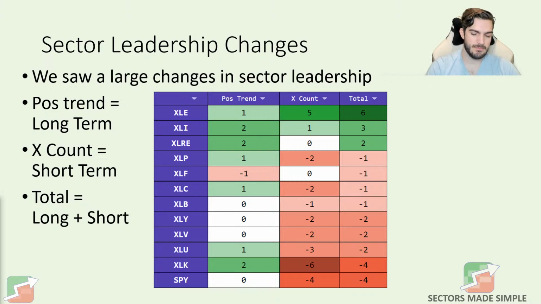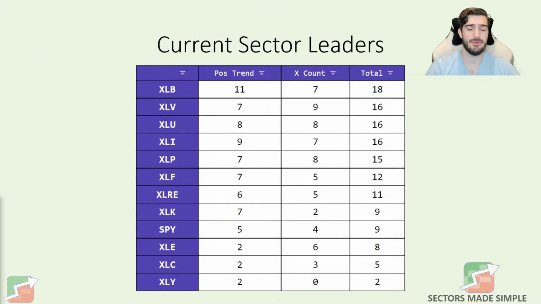But moving along from the 1 week changes, what we can find is our current sector leaders. This is a view that we always provide through Sectors Made Simple that gives us the best idea of what sectors are leaders in any given moment. The higher the number, the stronger the strength. What we find is that materials, XLB, is currently our sector leader, and then a three-way tie for healthcare, utilities,